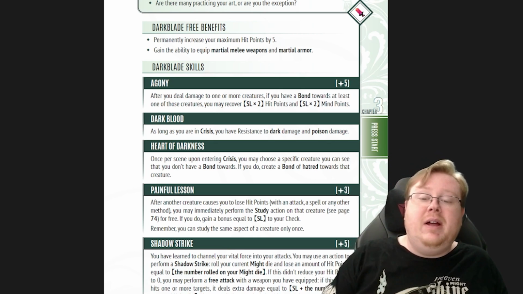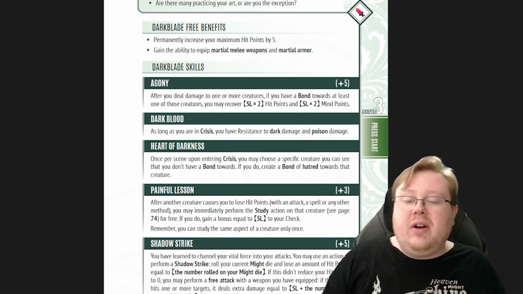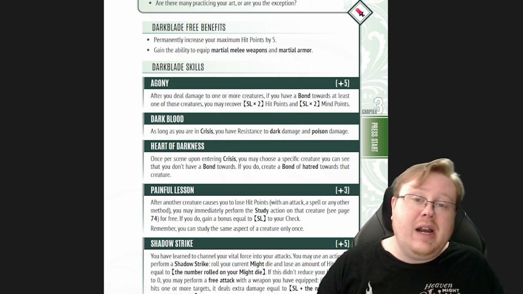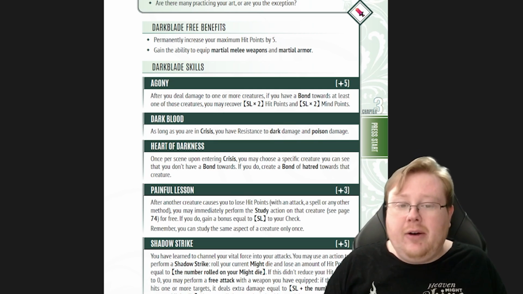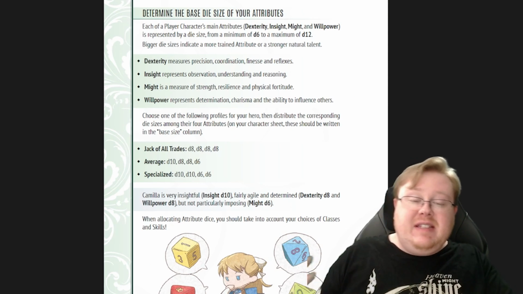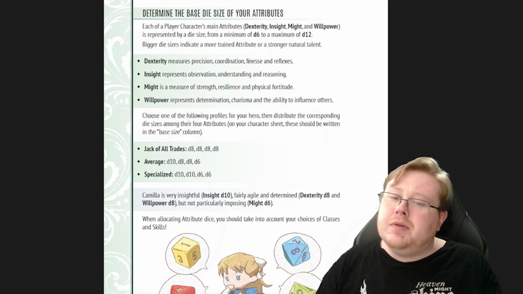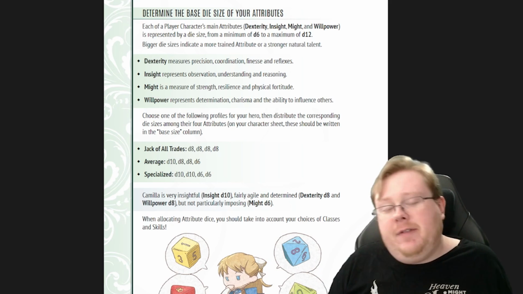So I feel like Darkblood is overall really good. It gives you dark resistance and poison damage resistance when you're in crisis, which can be quite helpful. So for starting off dice sizes, this was actually particularly difficult for me to figure out overall,